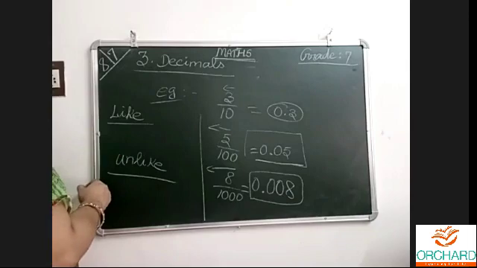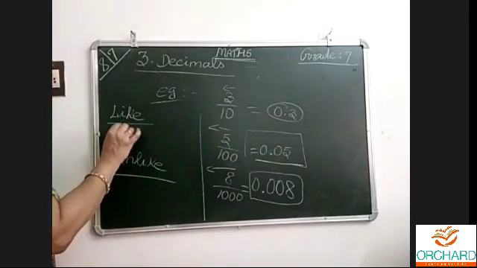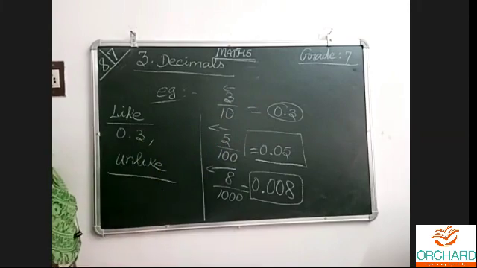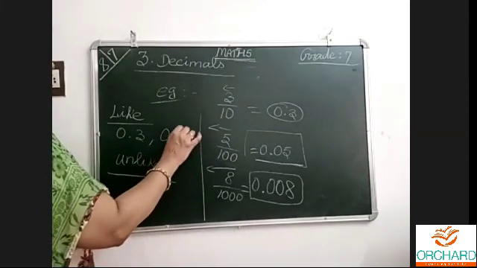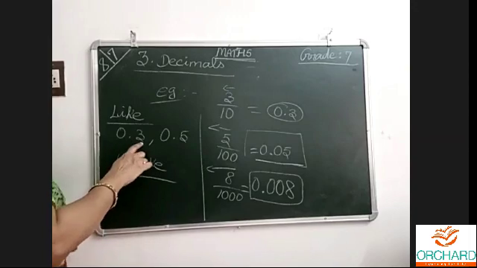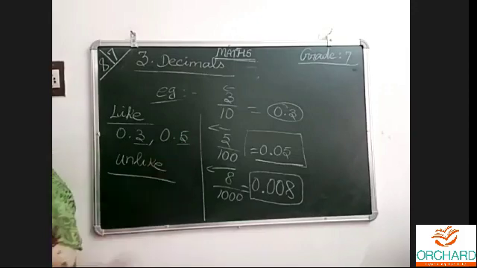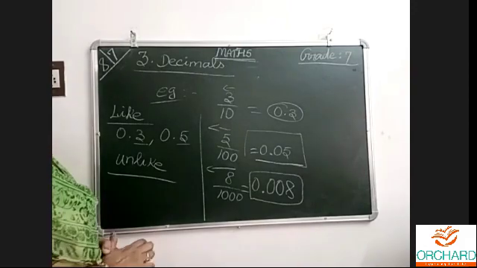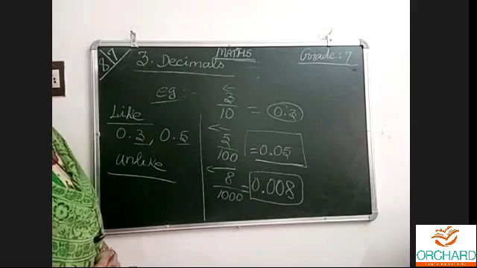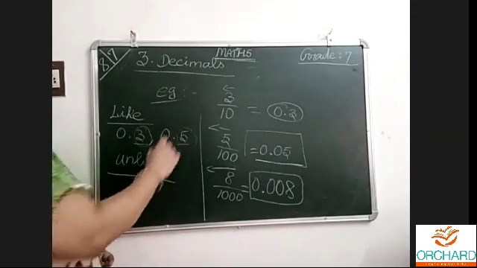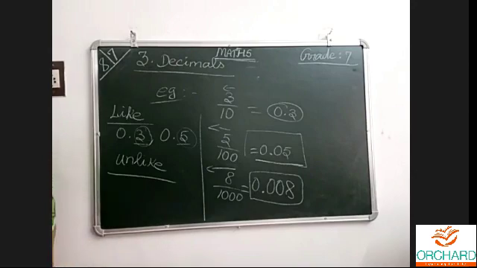For a number to be a like decimal, for example, take 0.3. The other one is also 0 point something, with only one place after the point, say 0.5. Those are like decimals. Likewise 0.123 and 0.225: 3 digits each. See how many places there are. If they are equal, they are like decimals. With different decimal places, they are unlike.